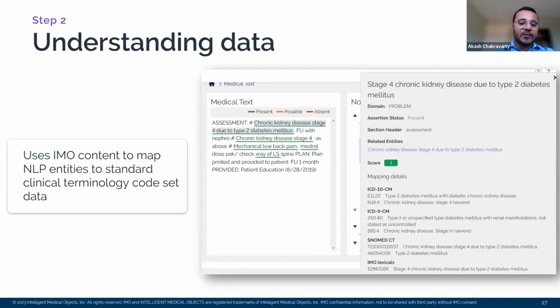So this is, again, one of the key benefits of the product. We're not just stopping at standardizing the data. We are taking this a step further and also providing associations with various code sets.